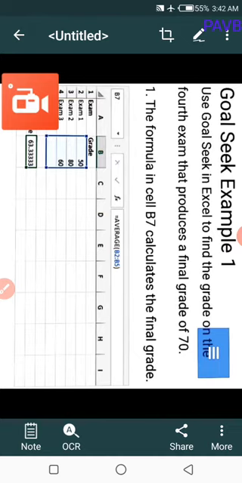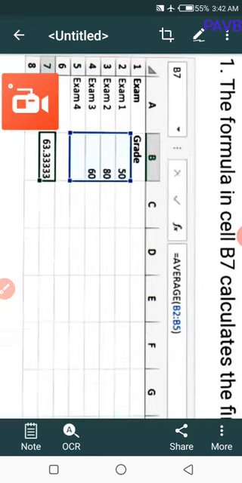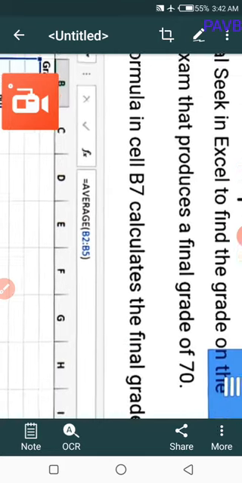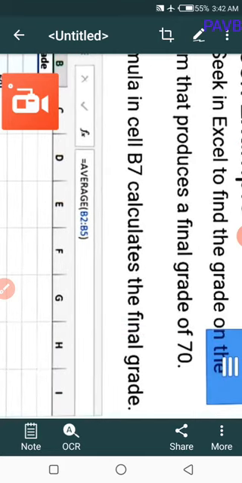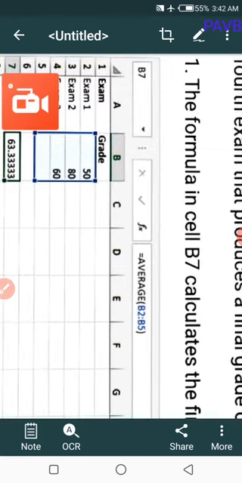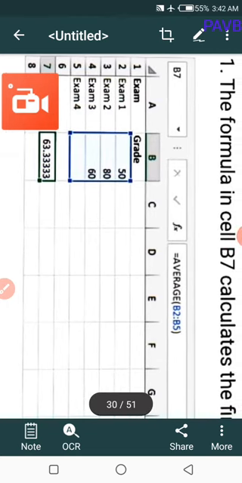See, the fourth exam produced a final grade of 70. What are the grades of the first exams? The first exams' grades are 50, 80, 90. What is the fourth grade? The fourth exam produced the final grade of 70. The formula in B7 calculates the final grade. What has been calculated? The final grade.